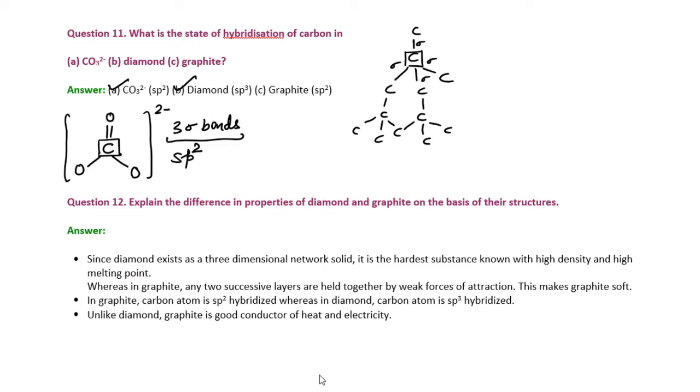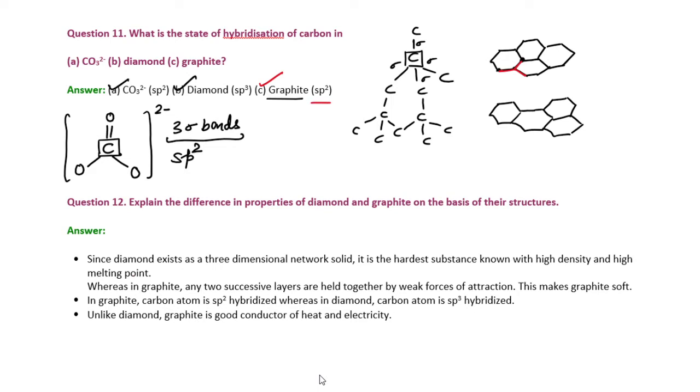Now in graphite, there are hexagonal ring-like structures. They are layered hexagonal structures. So each carbon in these layers can form how many bonds? Each carbon forms 3 bonds. Okay, and 1 electron is free per carbon atom. So as each carbon forms 3 sigma bonds, that's why each carbon is sp2 hybridized.